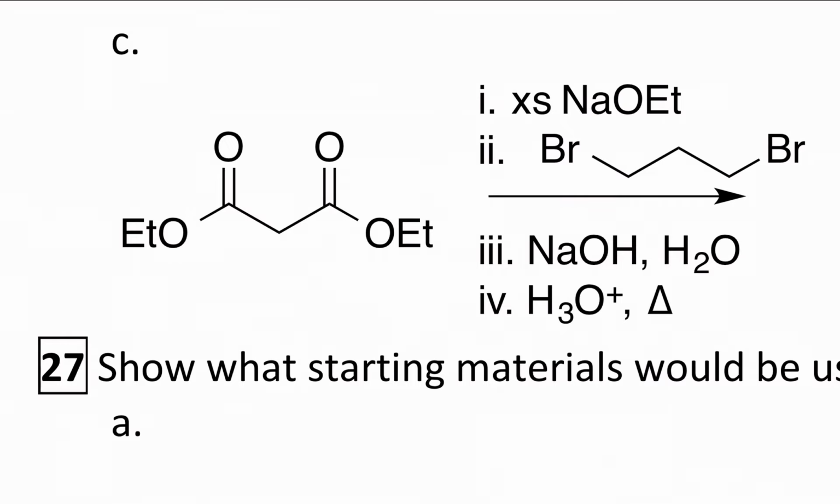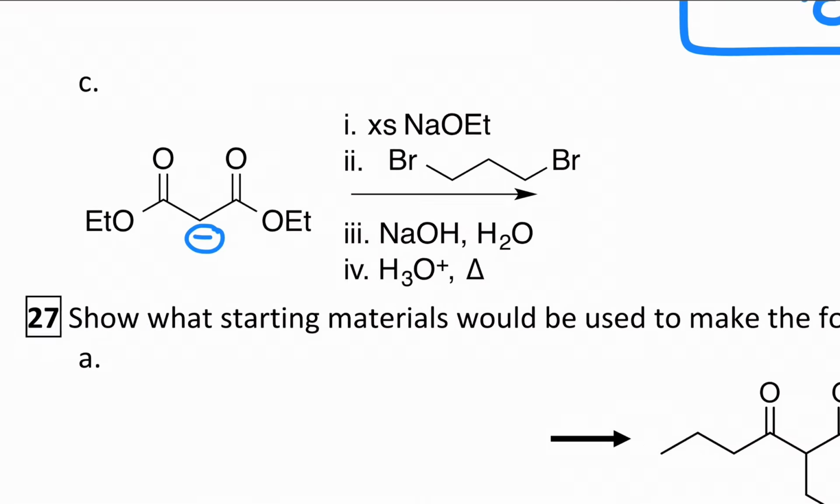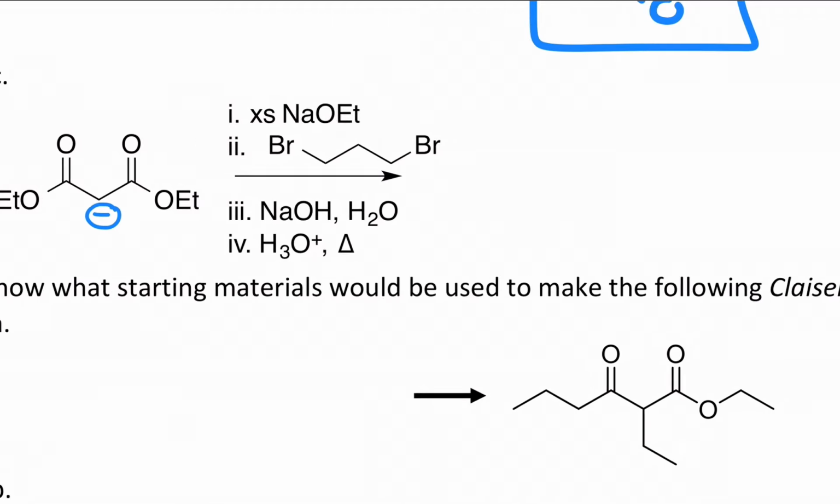So the first step, this is not extra small, but excess, meaning more than enough of just base. We're going to make an enolate on that carbon. Then we're going to do an SN2. First thing we learned about enolates is they can do SN2s. It looks like I have 2 possible SN2s, so I could form a bond with one and do a substitution. I'm going to draw that as an intermediate,